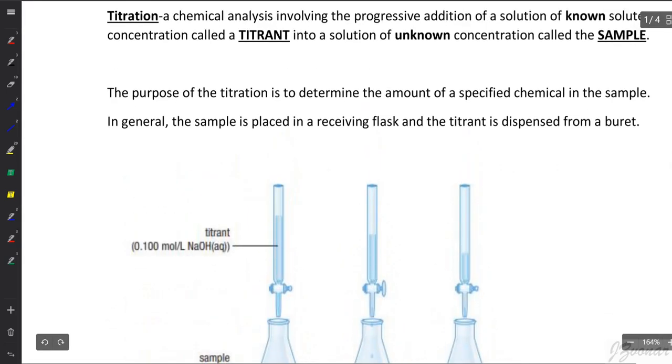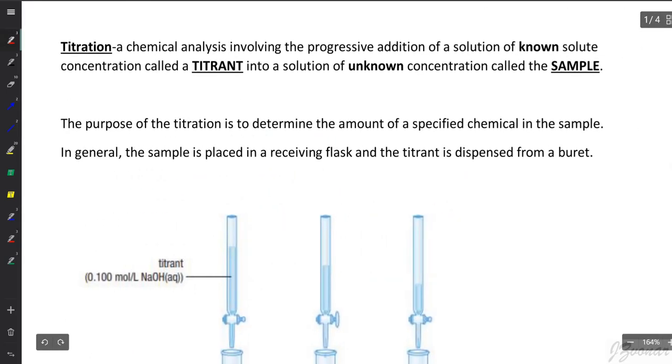So if you recall from grade 11, we had performed a variety of titrations. This is a process where we add a known solute, which we call the titrant, into a solution of unknown concentration, which we call the sample. The purpose of a titration is to determine the amount. When we refer to the amount, we are referring to the number of moles